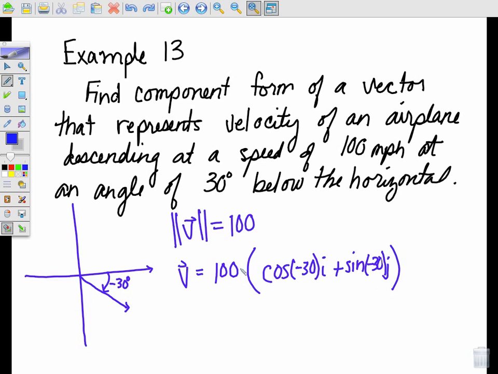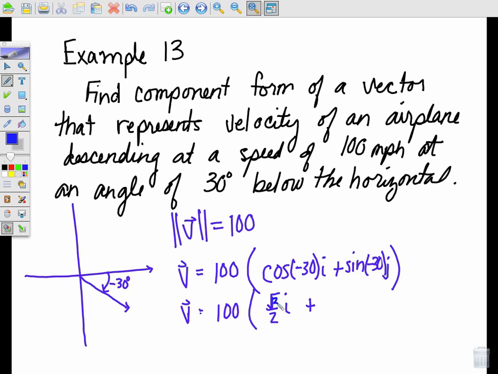All right, so there's our vector. You take the magnitude of it times, because this would be a unit vector, so magnitude times the vector itself. And what we need to do is go ahead and calculate the cosine of negative 30. So we've got our vector, 100 miles per hour. This is the direction of the vector, and the cosine of negative 30 is 1/2 i plus, and the sine of negative 30,